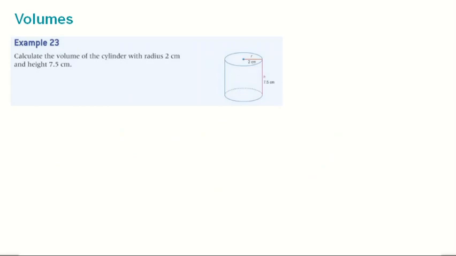So what about this case now? We have a cylinder, right, and we're given the radius, which is 2, and the height, which is 7.5. This is just the application of the formula. So volume is area of the base times height. So pi r squared h, right? So pi r squared, so r is 2, so that's 2 squared. Our result will be in centimeters cubed times 7.5. I think I just realized that there was a mistake in the previous question, because it should be